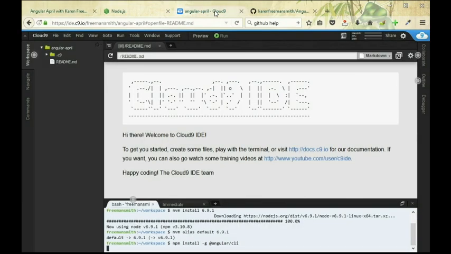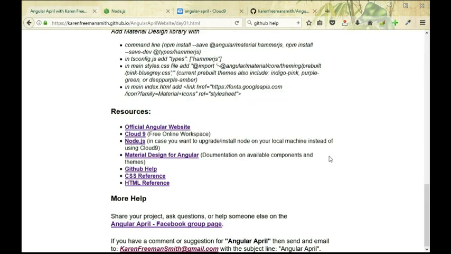And I should probably talk slower because this is going to sit here for a long time. As you can see, it doesn't even look like it's doing anything yet. And that's actually pretty normal. I've seen it take up to 30 minutes sometimes to do these installations. I think the last time I tried it, it took about 20 minutes. So I'm going to show you these resources and then I'm going to pause the video if it's still not running. Anyway, I have the official Angular website,